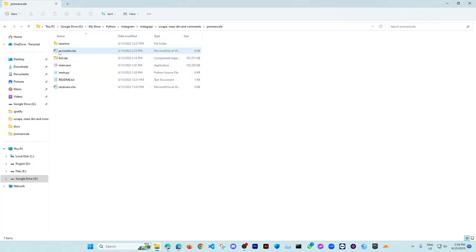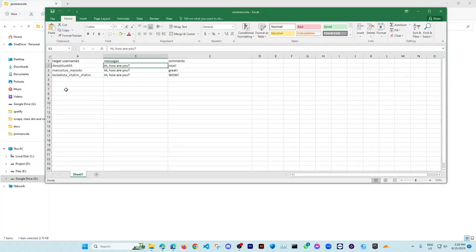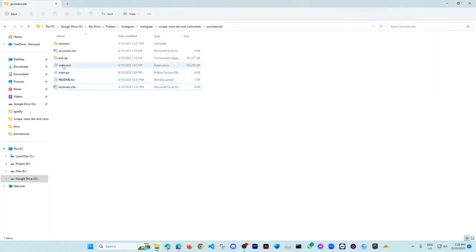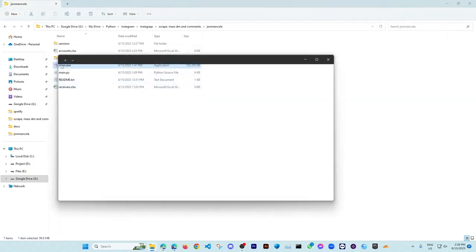Then you need to put your accounts here, all the accounts that you want to use, and then you need to put all your receivers data here, the scrap data, and then you need to run the bot. Let me show you the receivers data here. So you need to put here the usernames, here the messages, and here the comments, and then you just need to run the main.exe file,